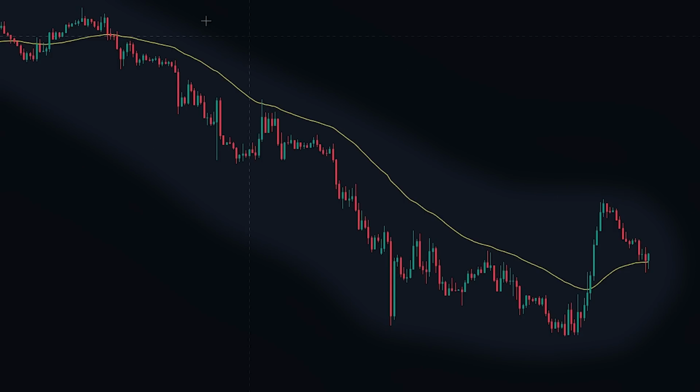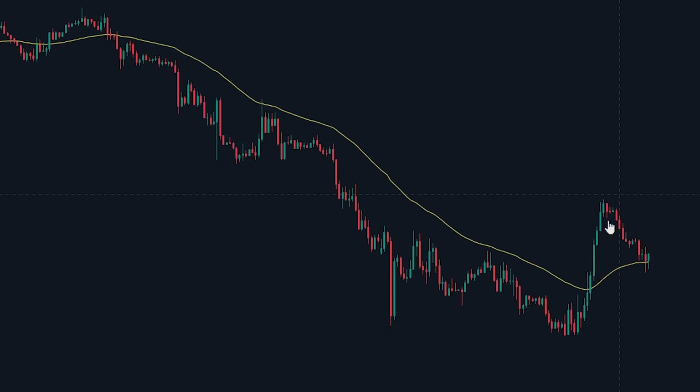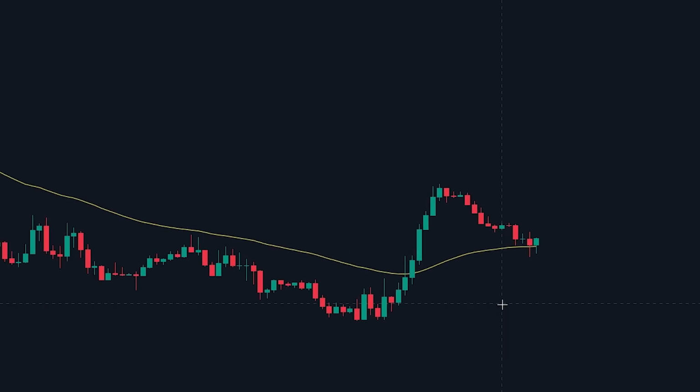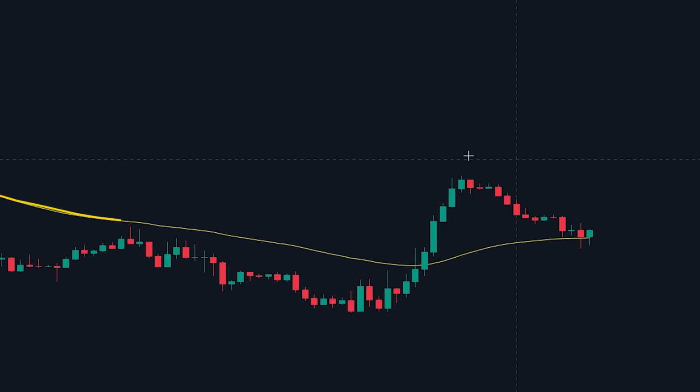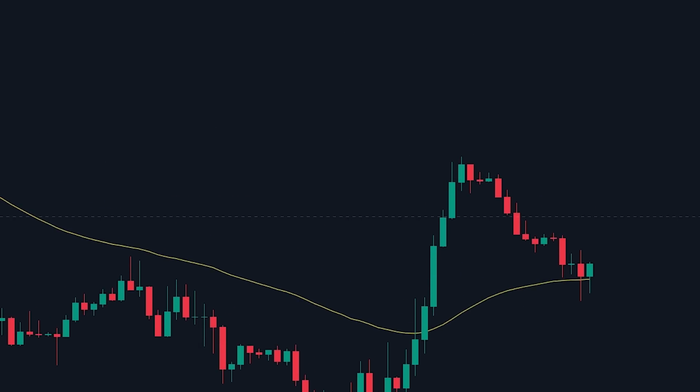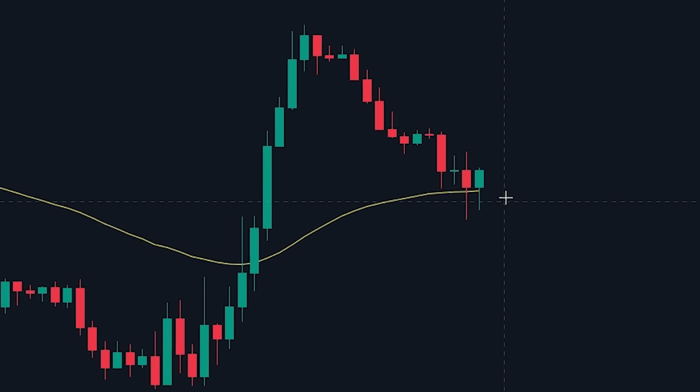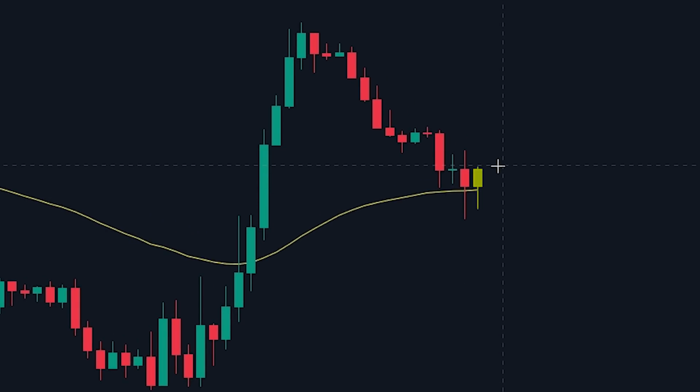We are currently looking at EUR/USD on the 1-hour time frame. We can see that a large downtrend was playing out, however, the price made a reversal and started making higher lows. Now that an uptrend has started, we can see that the price made a pullback to the 50-period EMA. Once the price reached the 50-period EMA, an inside bar formed, indicating that there is a high likelihood of the